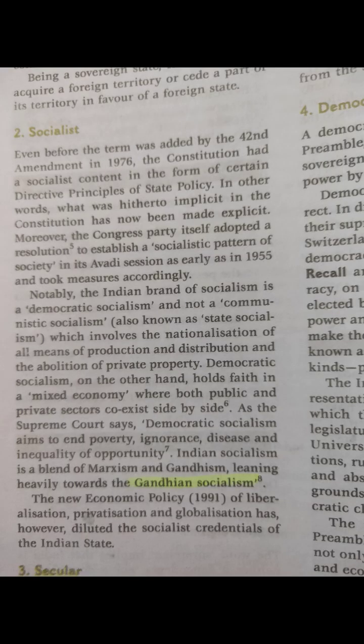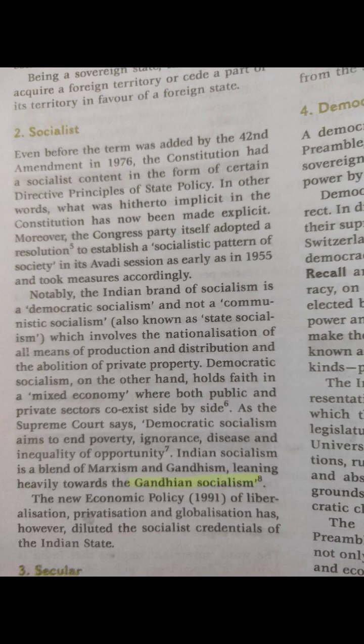Here's the great, deep, and detailed summary of the meaning of socialist in the Indian Constitution, explained in the simplest way, with full clarity for any beginner or layperson. Deep summary of socialist in the Indian Constitution.